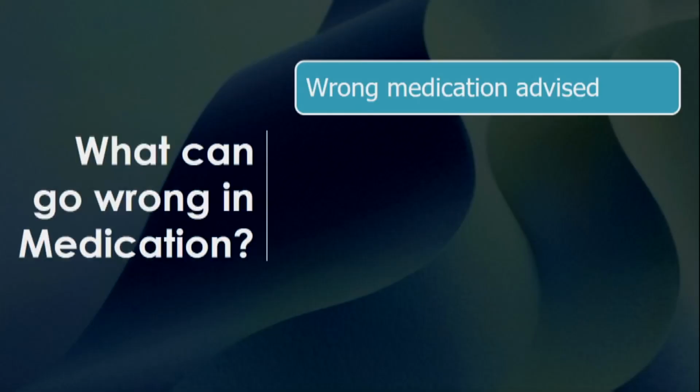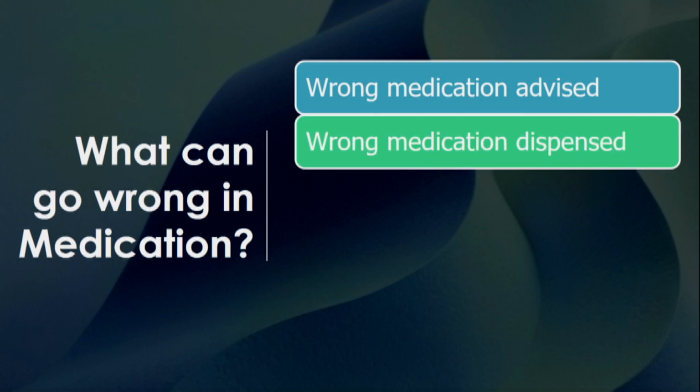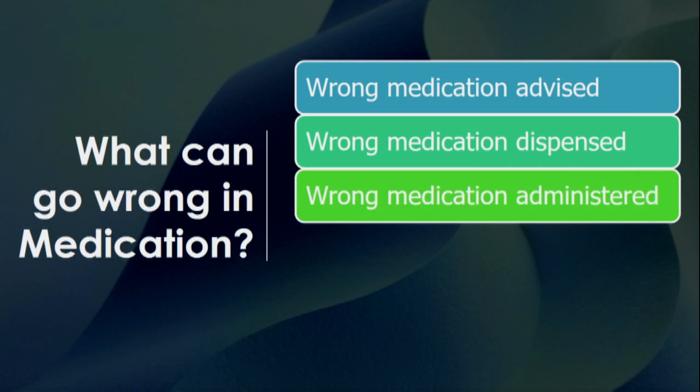So what can go wrong? It is a wrong medication that may have been advised, a wrong medication being dispensed. So this can be because of giving another drug than written in the prescription, or the prescription itself could have changed hands between the patients. So it could be a wrong prescription, or the prescription could have been handed out to the wrong patient. So finally, the patient lands up with a wrong medicine, wrong medication administered because of illegibility in the orders, or because there was an error in hearing.